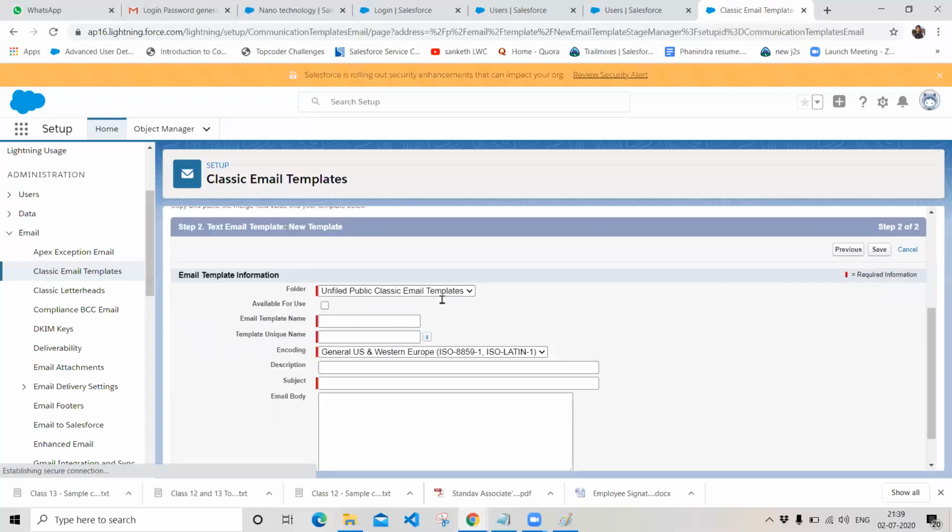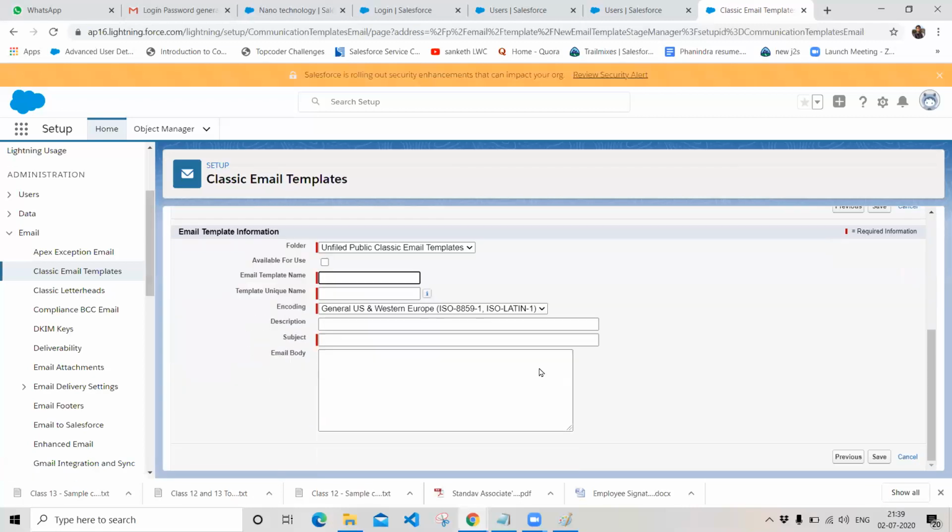Okay, so this is my email template. So in the email template we are having certain options like available for use. If you enable this option, then only your email template will be available for the other users to actually send it. If you don't enable this option called available for use, it will not be available for any user to send the email.